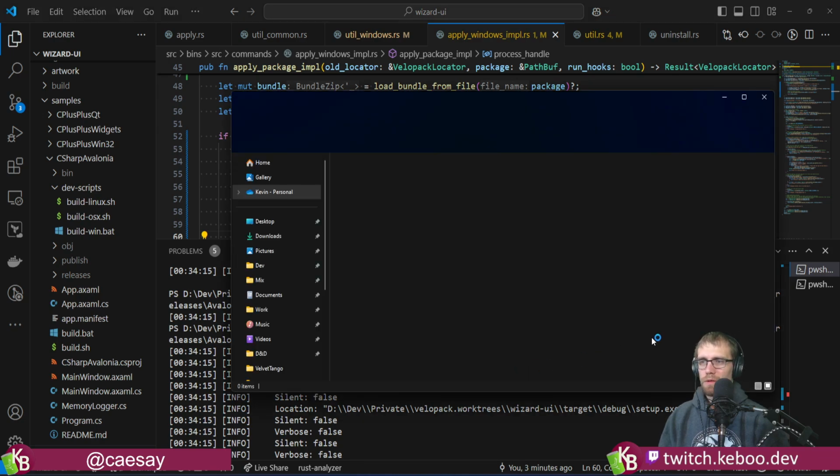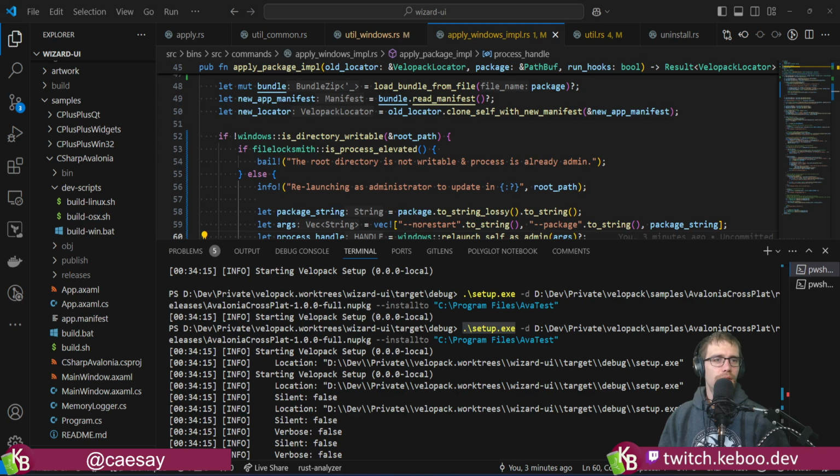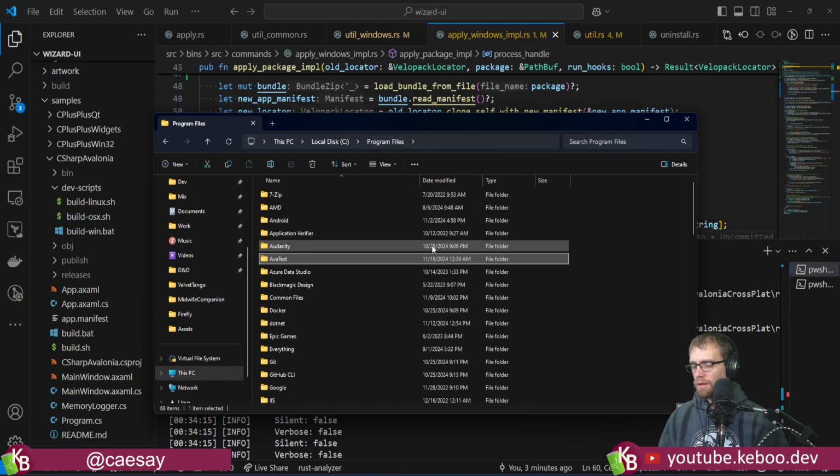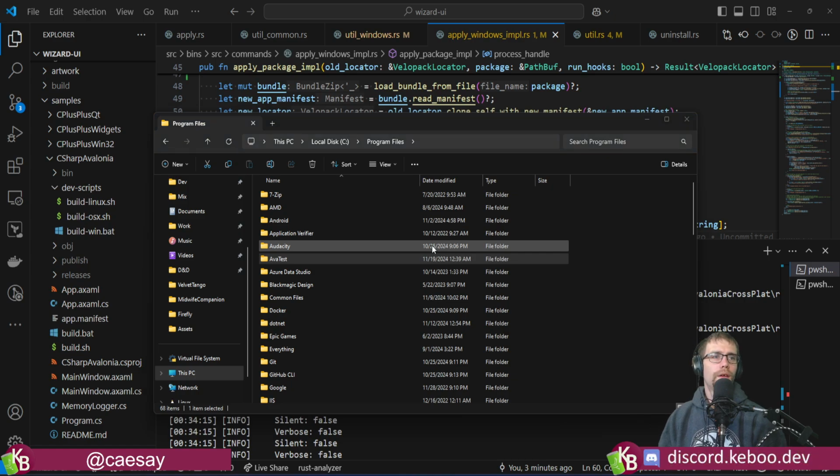And let me just make sure. Let me just check that C:\program files, and make sure I haven't dropped it. All right, Teams is insisting on being on top of all the other windows. Let's see. So see program files. Okay, so I have AVA test still, but I think if I check my add remove programs,